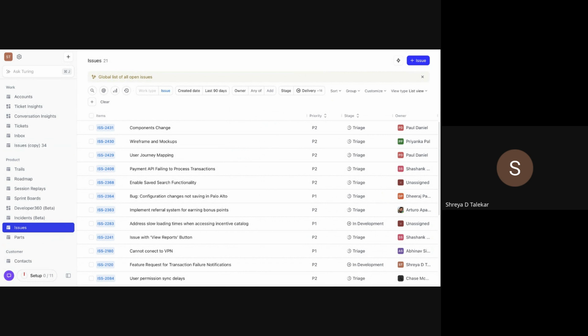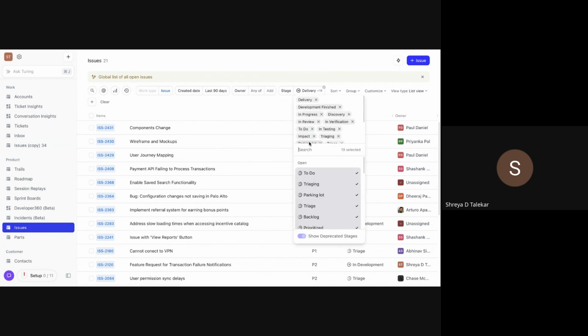All right. Now let's talk about some of the stages that an issue goes through. So, firstly, we have the to-do stage. The to-do stage of an issue is referred to as the open stage. This is the initial stage where newly created issues are reviewed to determine their next steps. They may be closed immediately if they are duplicates or invalid, or moved to backlog for future development if